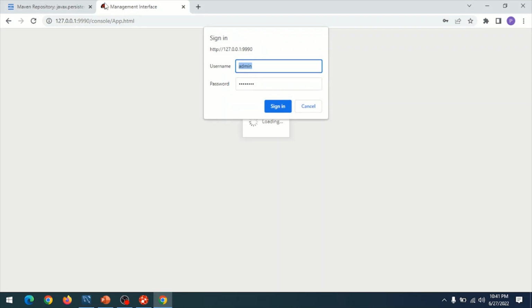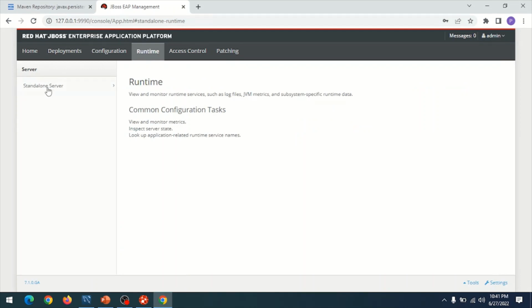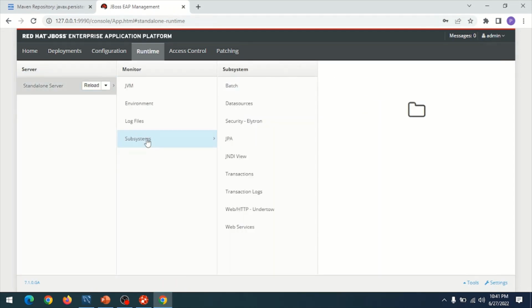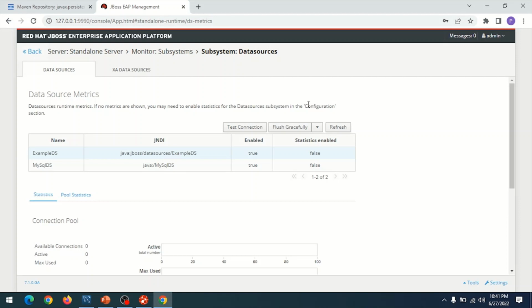Now it asks you to provide the username and password to open the JBoss management console. So provide the username and password, click on the sign in button. It opens the JBoss management console. There you can click on the menu Runtime, then choose standalone server, subsystems, data sources, then click on the button View. It will list all the available data sources configured with the JBoss server. There you can find the MySQL data source. This is the JNDI detail for the MySQL data source. Copy this detail